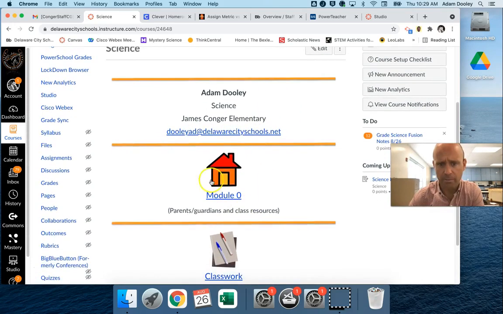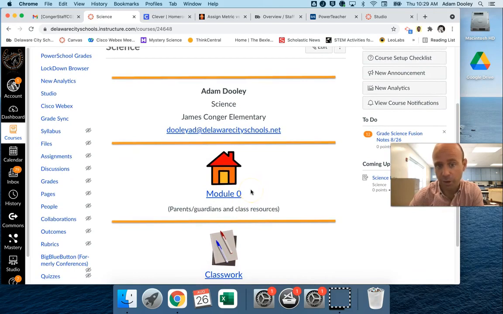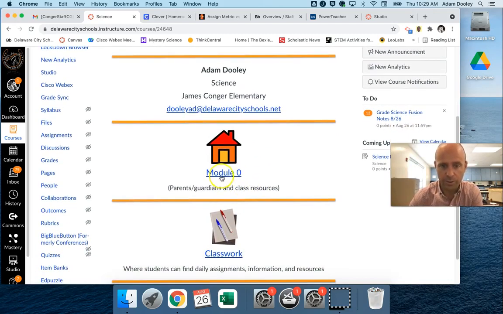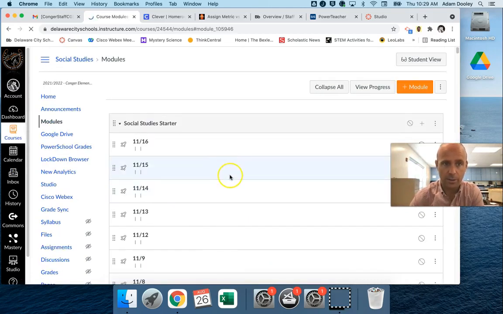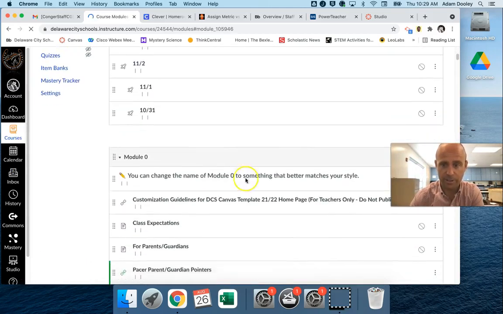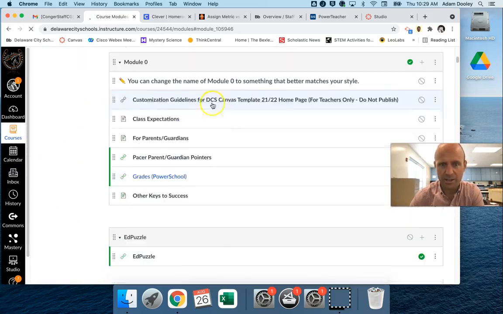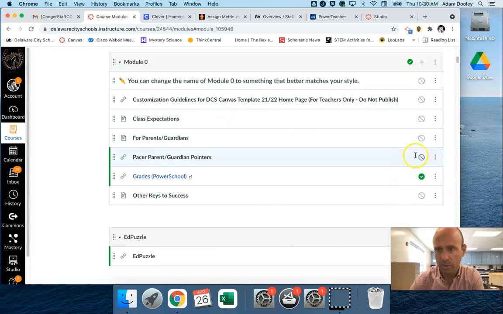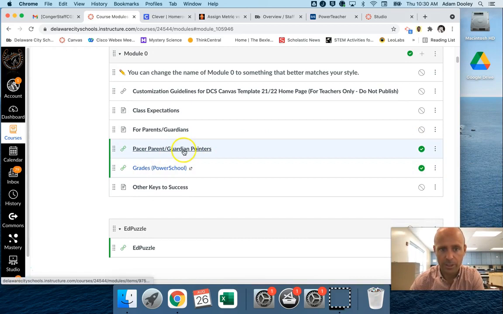Below the email address is module 0. This is where you find all your information about the class and class resources. If you click into this one, and everyone should have access to this, you will see a lot of things. A lot of this stuff you won't see because this is my teacher version, but what you'll see will be these green check marked things here. You will see parent